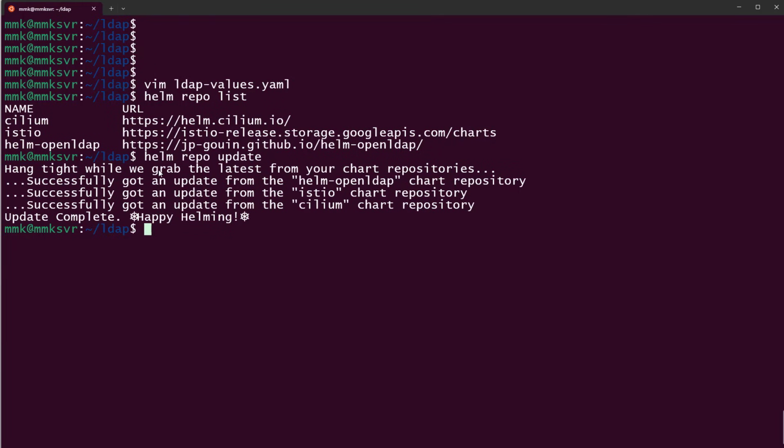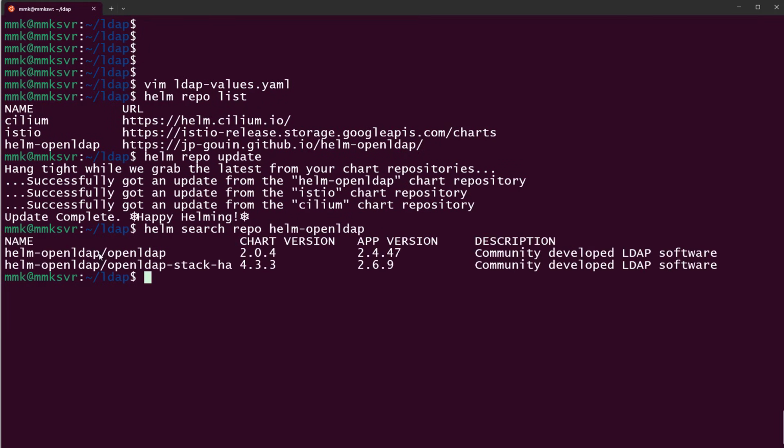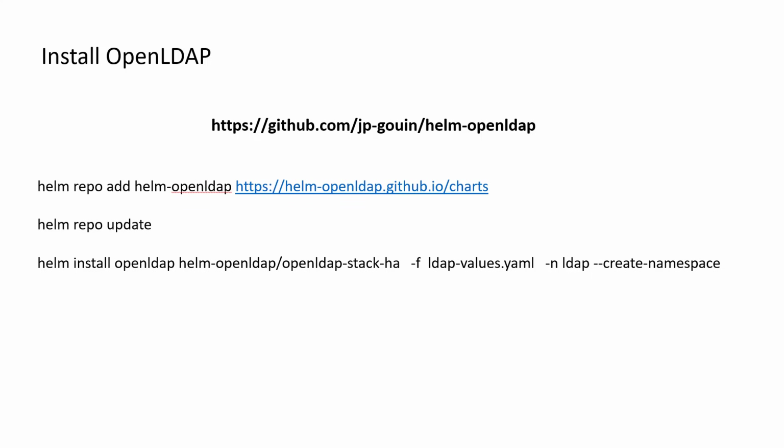And now helm search repo for this repository. Let's press enter. Look here. In this Helm repository, there are two charts, but I'm going to use the second one, the stack high availability. So by this command,